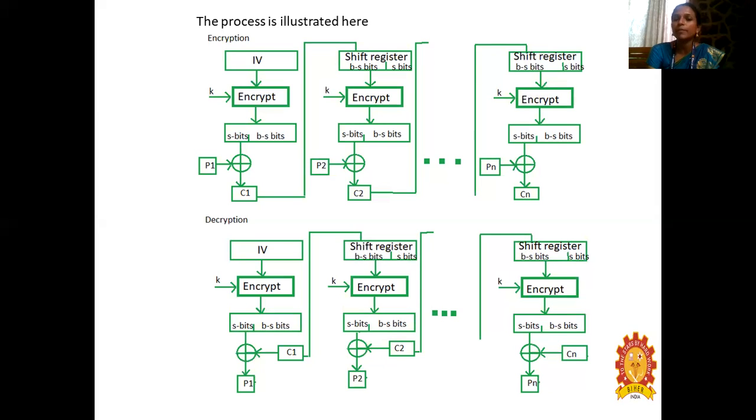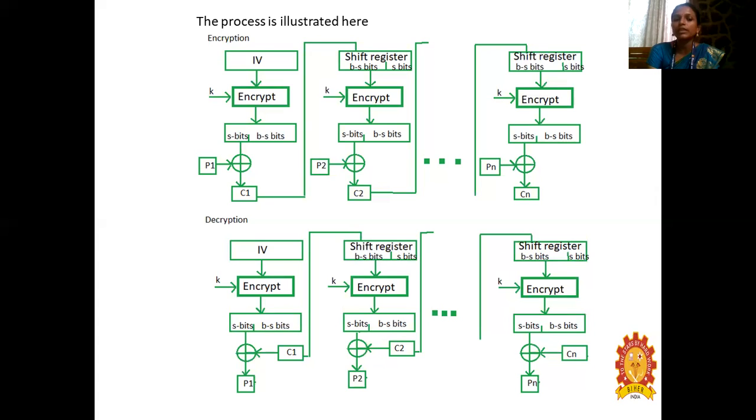So this will be happening up to N processes. Until we get the ciphertext N, we have to continue this process. In the first process only we have used the initialization vector. The next ones don't use the initialization vector. This process happens on the encryption side. The same thing happens on the decryption side, with only a little change. We see the initialization vector here also as the input.